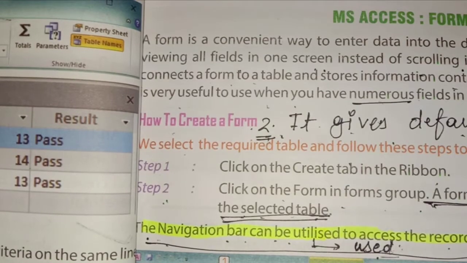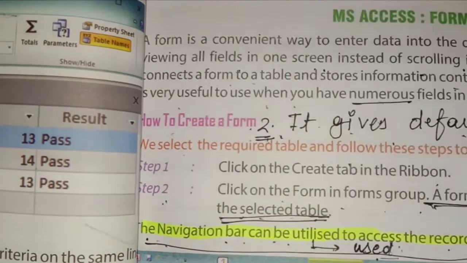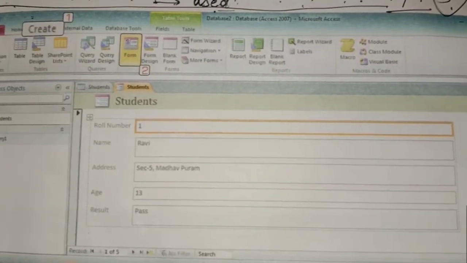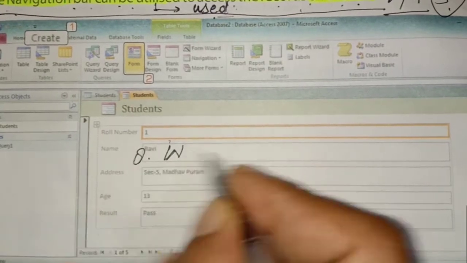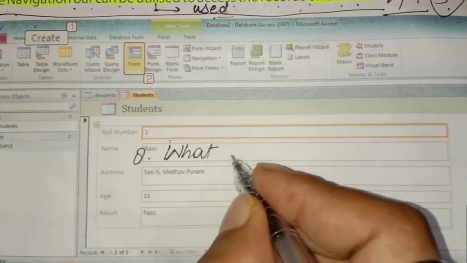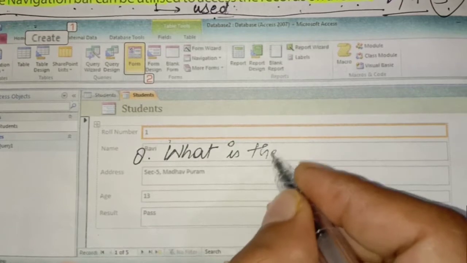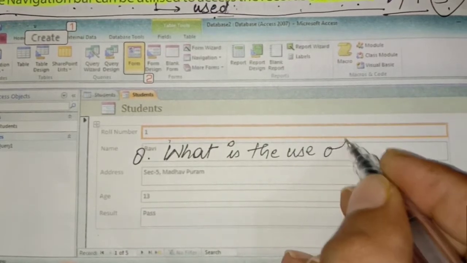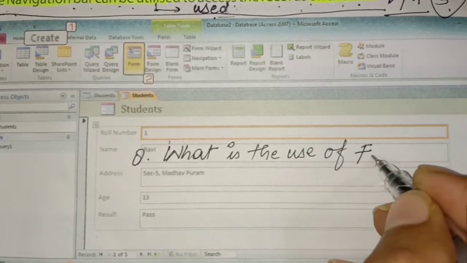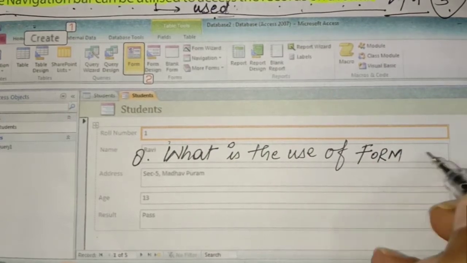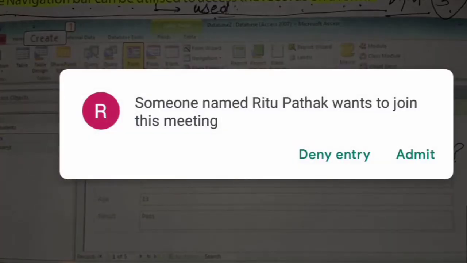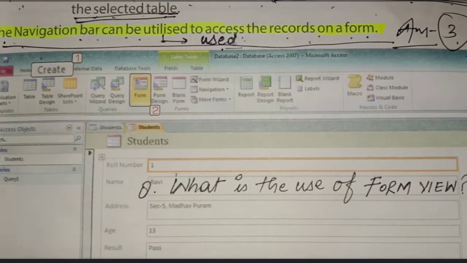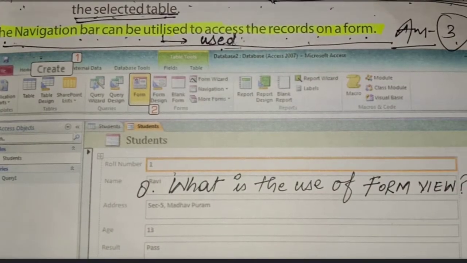Second remaining that I'm telling you. We have to write the next question, question number 8. What is the use of form view?